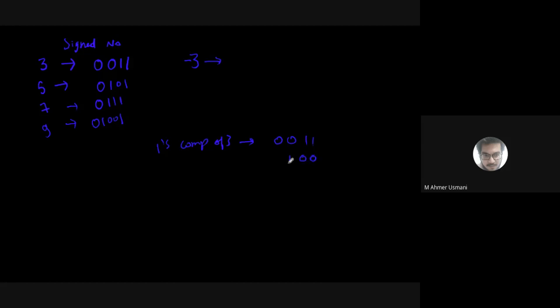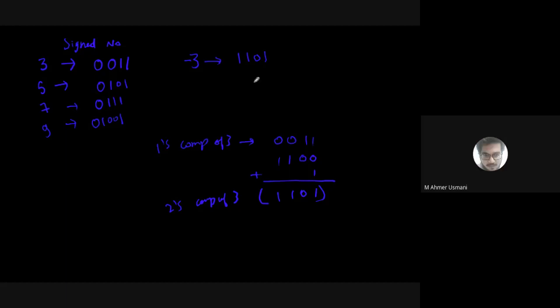It is 1100. बराबर? Yes. अब इसके अंदर मैं क्या करूंगा? 1 ऐड कर दूंगा. 1 ऐड करने से क्या हो जाएगा? ये 1101. So this number that I've got is called the 2's complement of 3. 2's complement of 3 is nothing but -3. So -3 is nothing but 1101. समझ में आया कैसे आया?